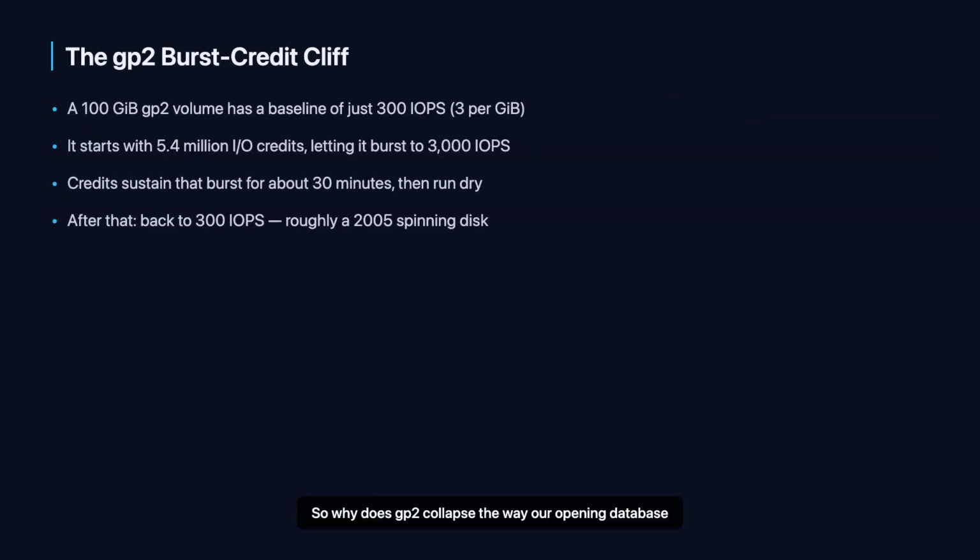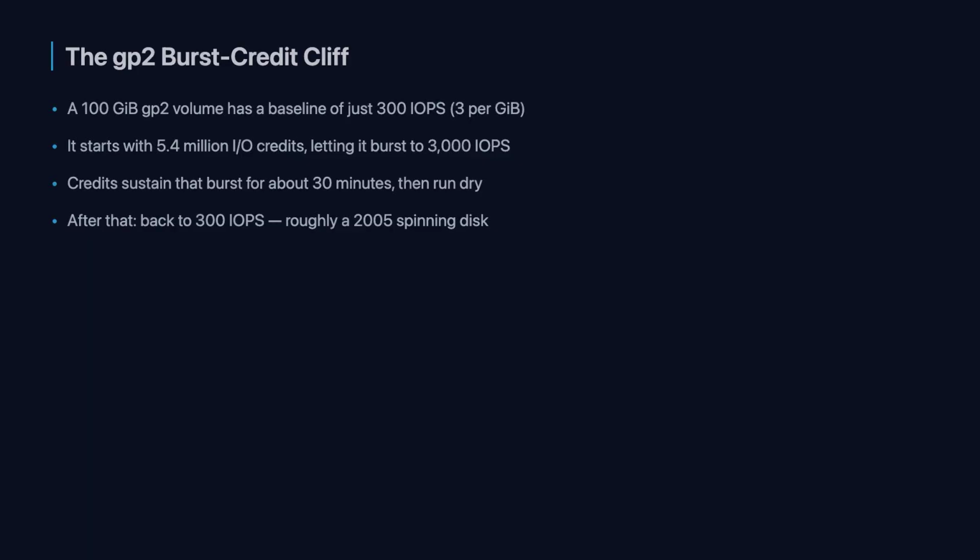So why does GP2 collapse the way our opening database did? It's the burst credit mechanism. Take a 100 gigabyte GP2 volume. At 3 IOPS per gigabyte, its true baseline is just 300 IOPS. But it starts life with 5.4 million IO credits, and those let it burst all the way up to 3,000 IOPS. Under sustained heavy demand, that credit pool drains in about 30 minutes. When it runs dry, the volume falls back to its baseline, 300 IOPS. That's roughly the performance of a spinning disk from 2005. A short load test never lasts long enough to empty the pool, which is exactly why the problem only shows